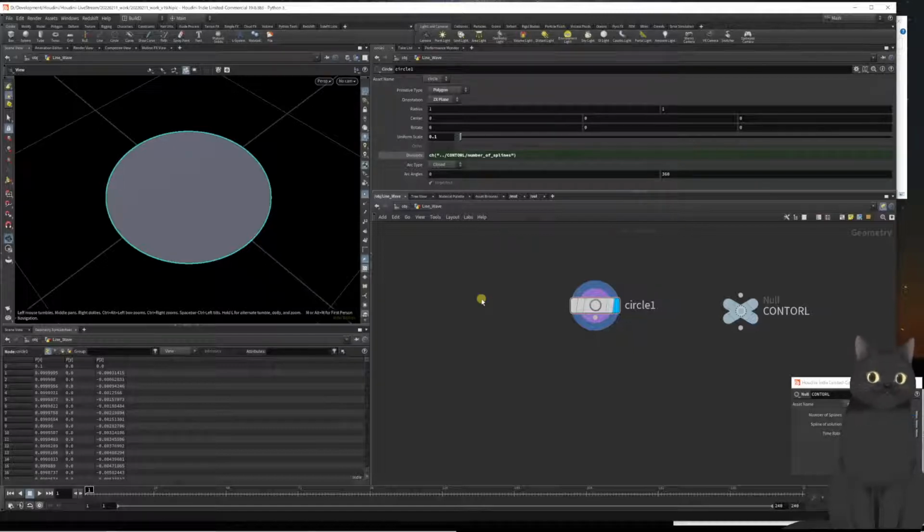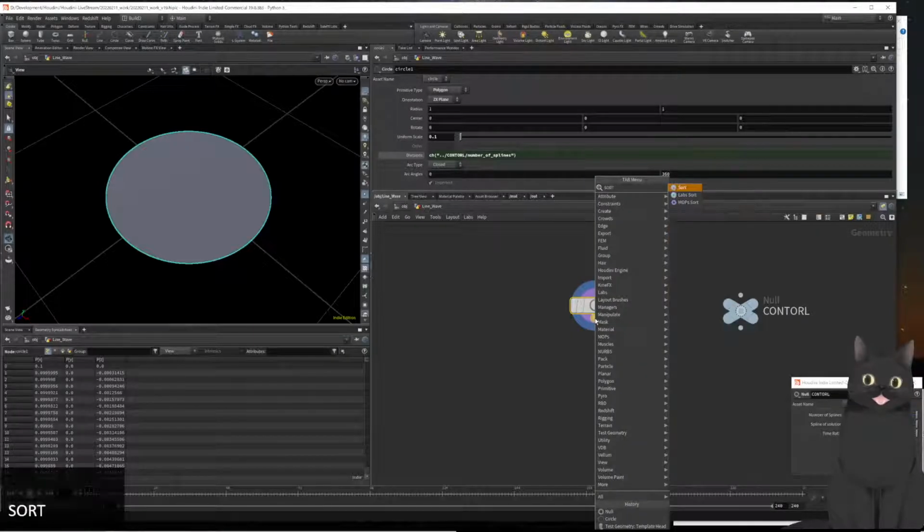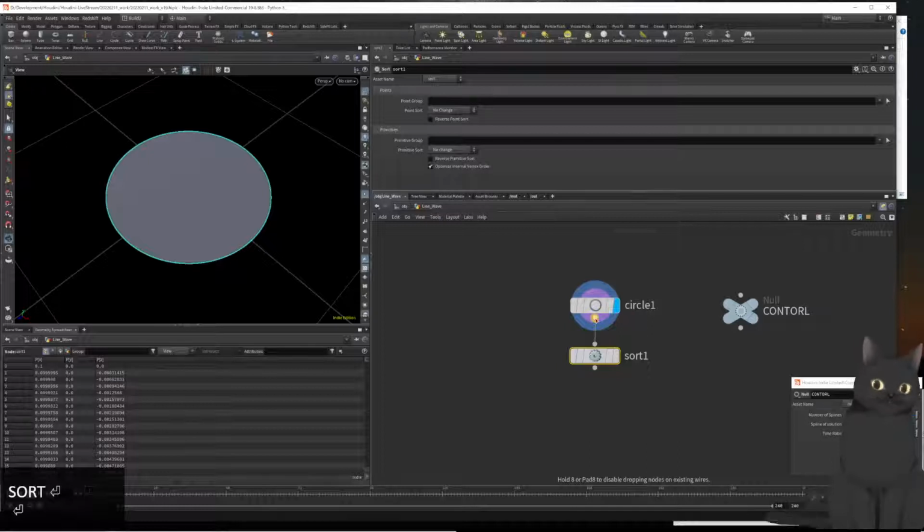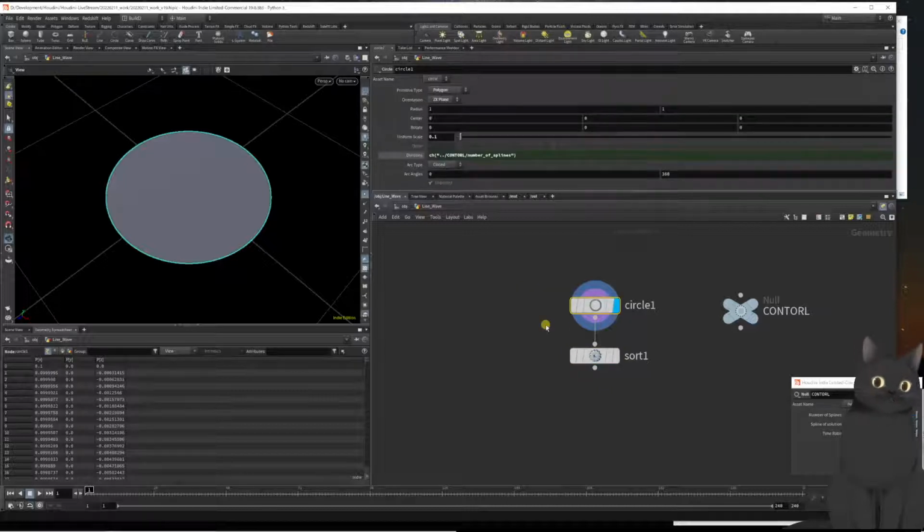Set to 2000, so we have 2000 little points here. If you're not familiar with the controls null, I use it in every one of my Houdini setups. So basically I can just write down parameters and it will be easier for me to understand where and what was. So here, number of splines is basically divisions of the circle, and its primitive type set to polygon, orientation z, and I scaled it down. So